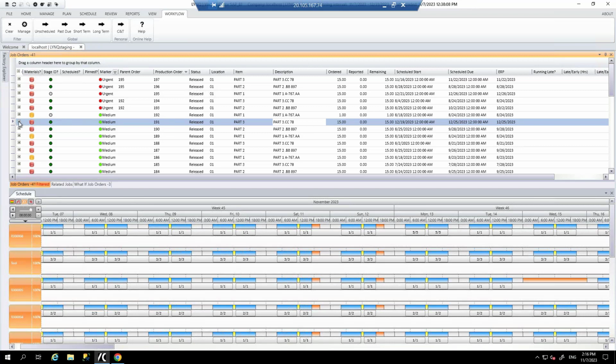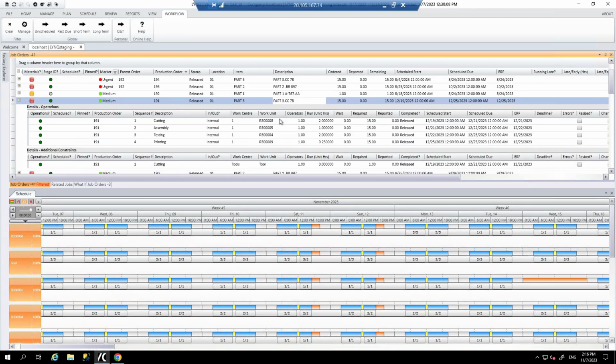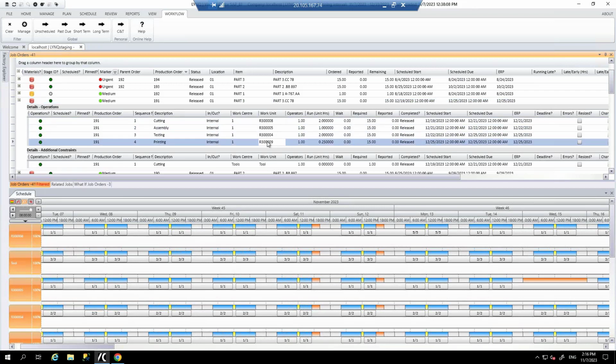And of course, we're bringing in the production order and the route stages, and you can see here the work centers that we'll be scheduling to. Information that's important is of course runtime, whether there's setup time, wait time, and the number of resources required there. So here are the route stages essentially that we're going to be scheduling onto the planning board.